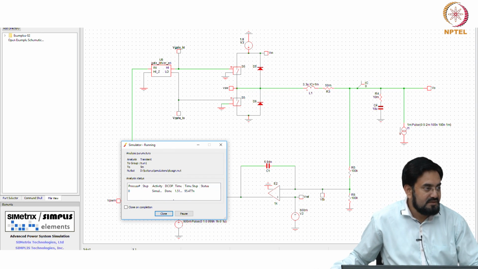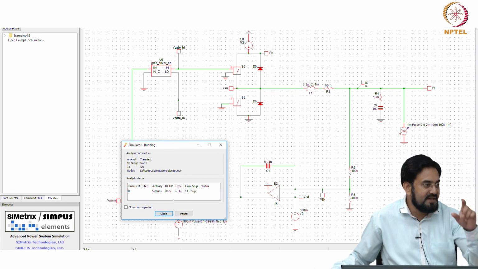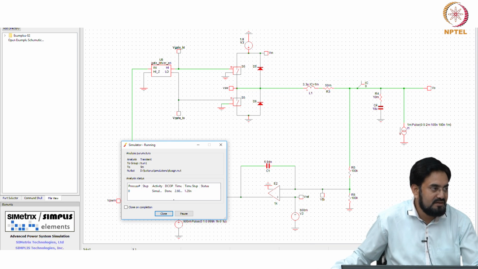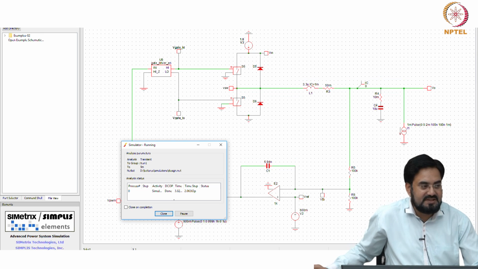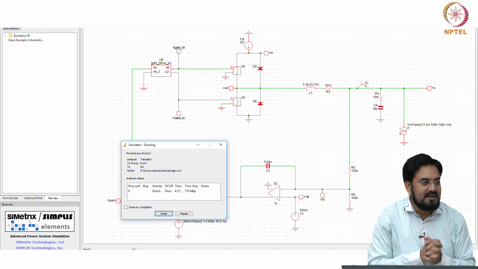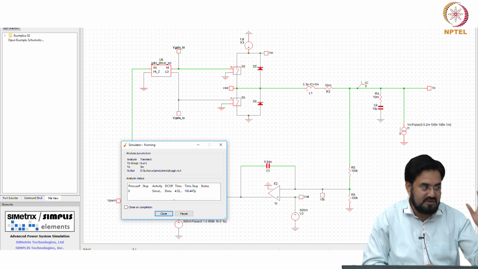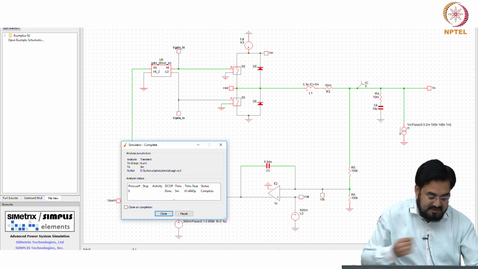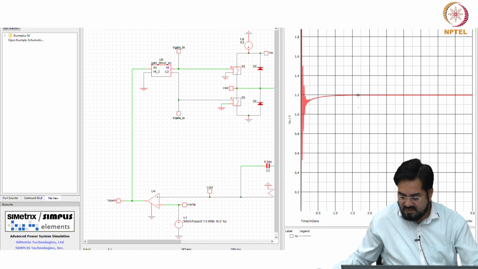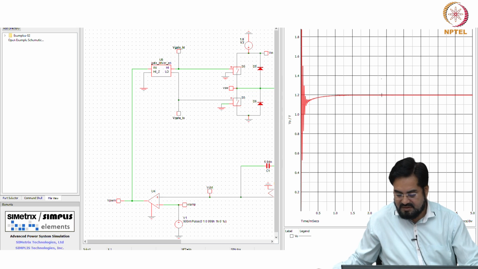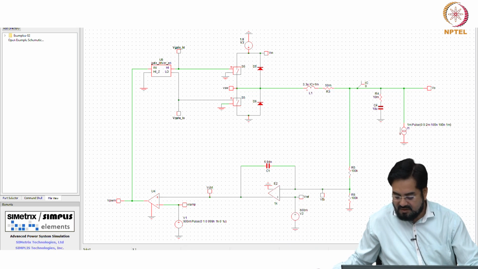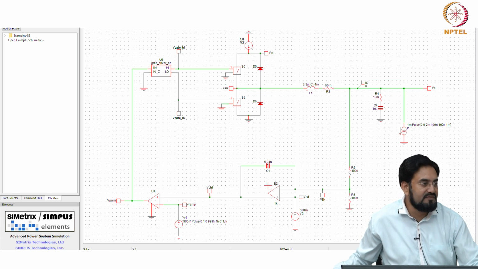It should be stable. It may have some ringing around resonance, weak ringing, because you still have that peaking. So if you do not want to see the ringing, you have to kill the gain even more, like maybe minus 40 dB or so. With minus 20 dB, you will still see some ringing. So this is settled at 1.2 volt. You can see some ringing here. It goes away. If I keep reducing the gain or increasing the value of this capacitor, then that ringing should reduce.